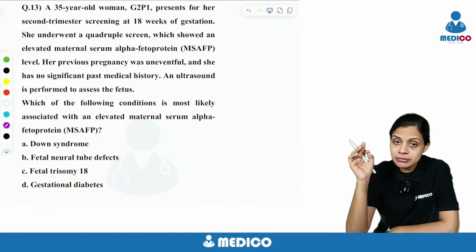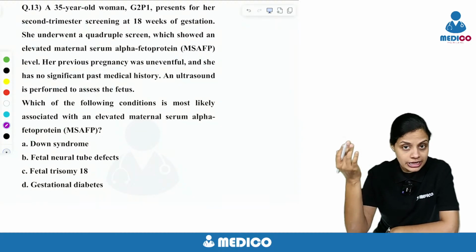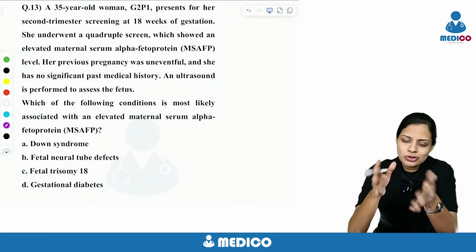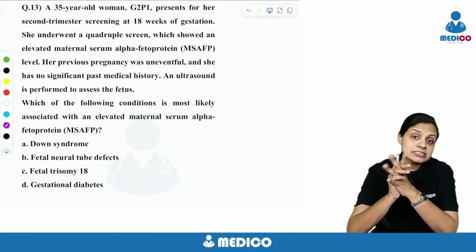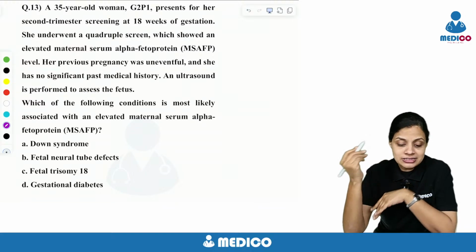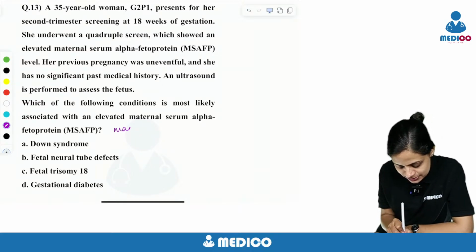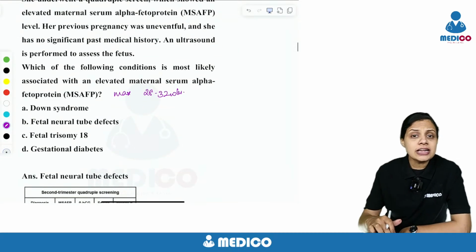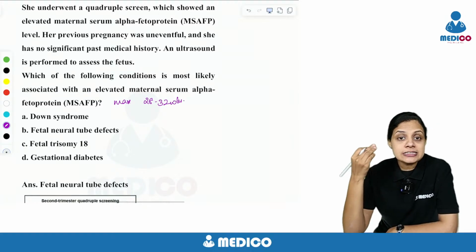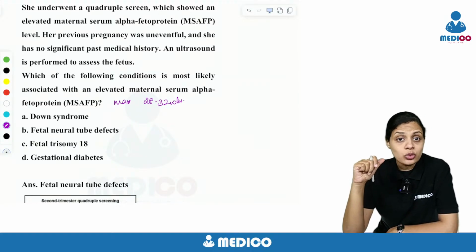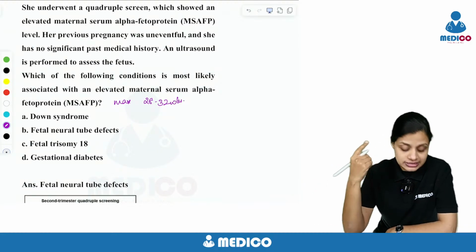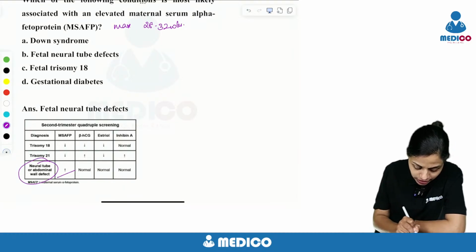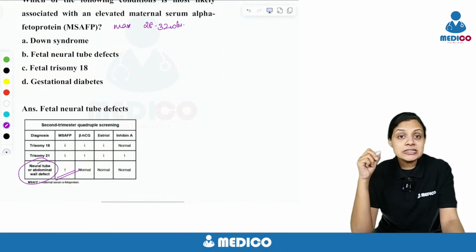So, what is maternal serum alpha fetoprotein? This is a glycoprotein which diffuses across the fetal membranes and is seen in the maternal serum from around 12 weeks. MSAFP is maximum at 28 to 32 weeks. Since this occurs as a result of diffusion, it is seen in high quantities if there is an open fetal ventral wall defect or a neural tube defect. That is when MSAFP is high. See, a neural tube defect or an abdominal wall defect, you find that the MSAFP is high.